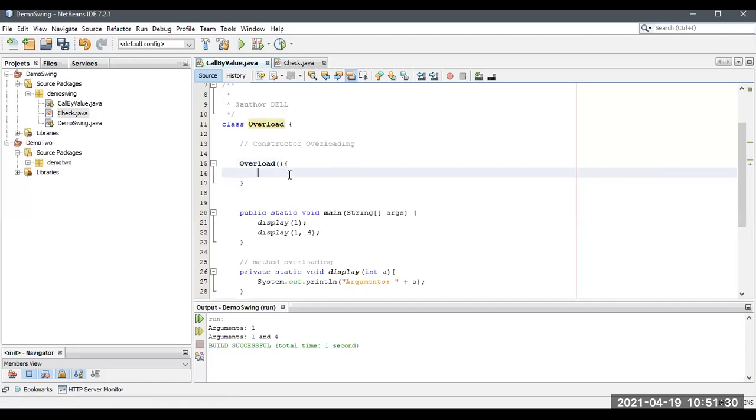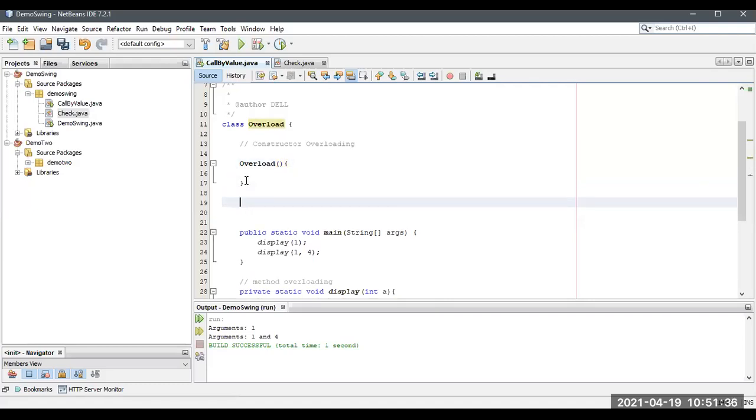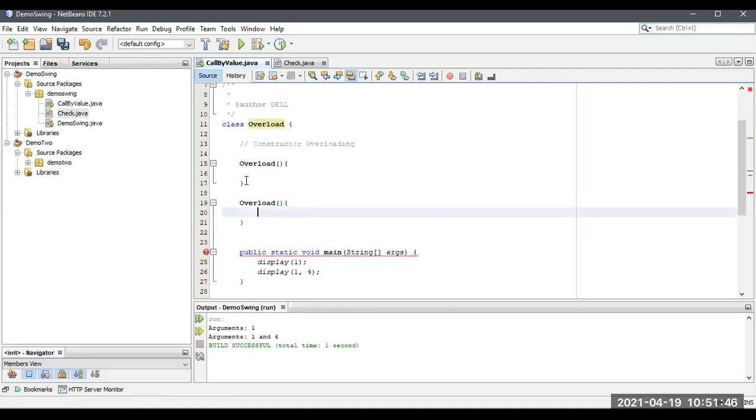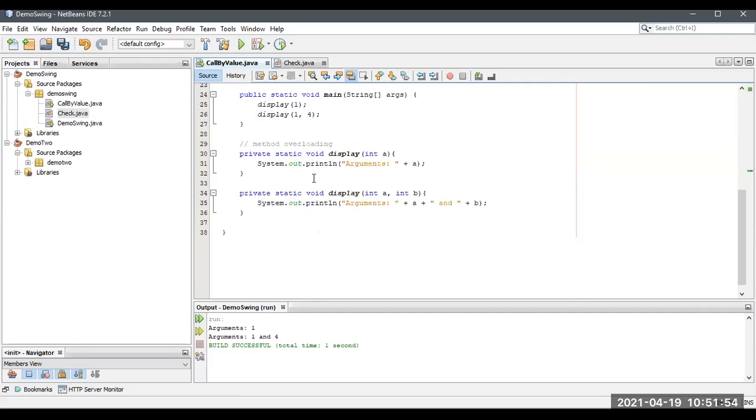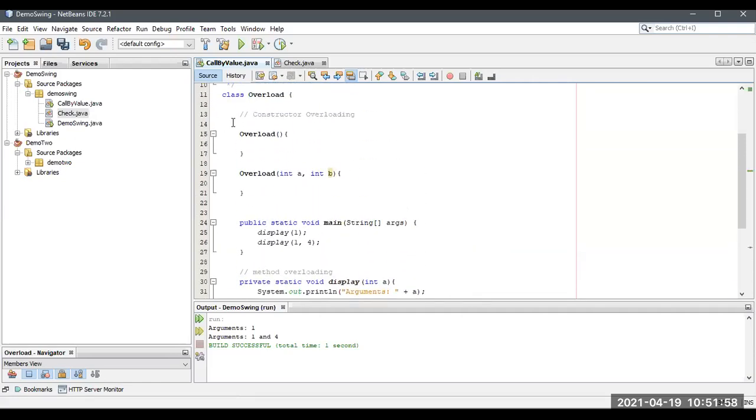This is one constructor which doesn't have any arguments. Now I'm going to create another one with the same name, because a constructor always uses its class name, and this one has two arguments, int a, int b. So it looks like methods, but these are constructors.